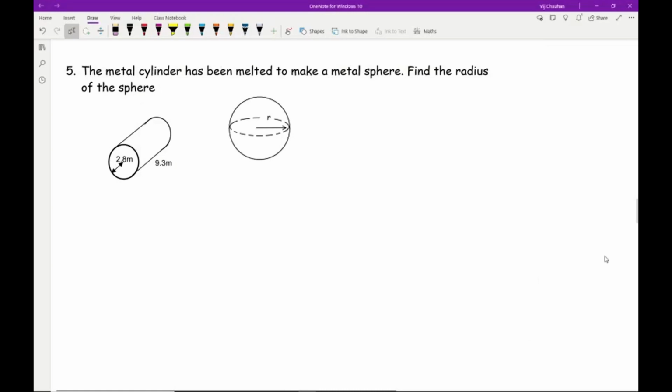Now with question 5, the question is saying that a metal cylinder has been melted to make a metal sphere. Find the radius of the sphere. Now these types of questions are very, very popular, and generally worth quite a lot of marks. The first thing we want to do, that's probably not been mentioned on previous questions, is making sure that